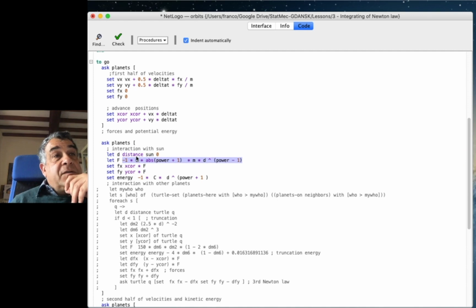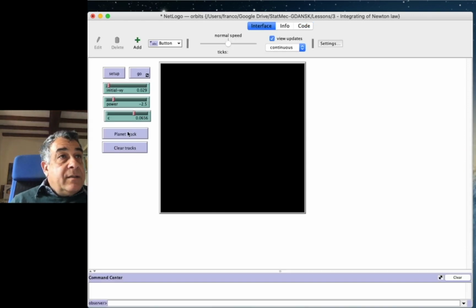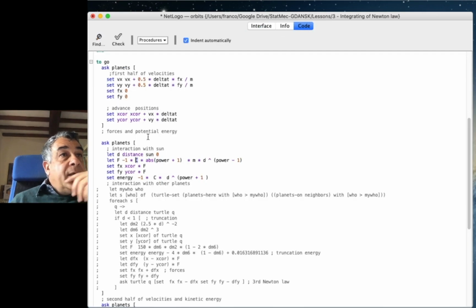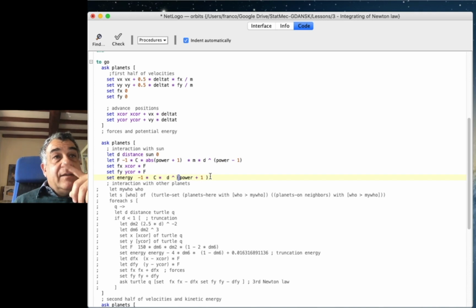The force depends on a certain constant that can be determined here, and I take the power. So this is the power and the potential. So I increase the power by 1, times the mass times d to the same power. I have to compute this in order to have the right